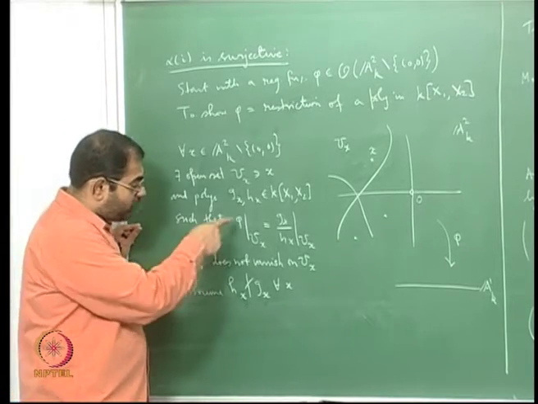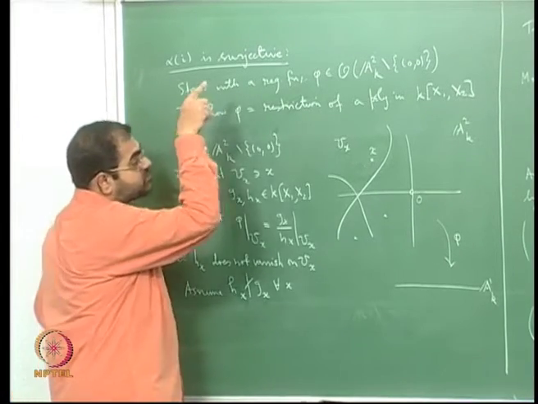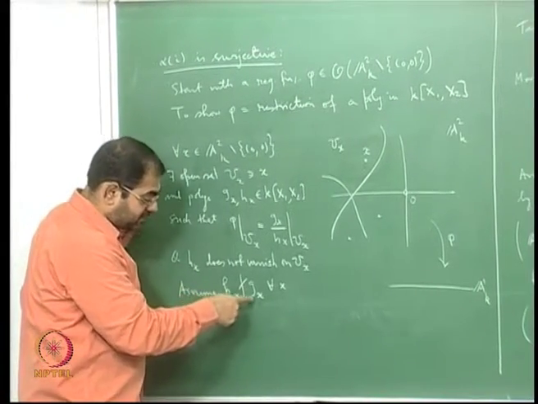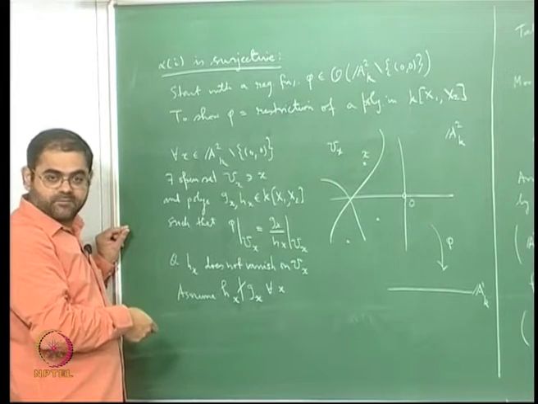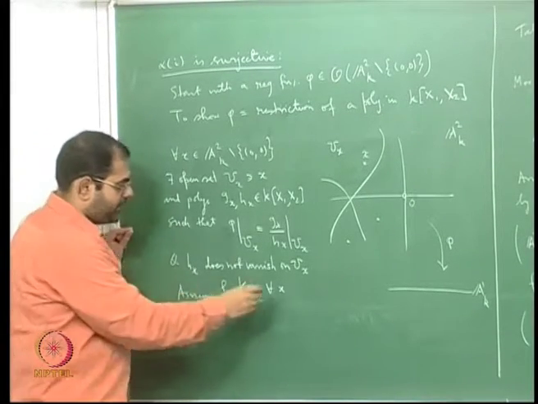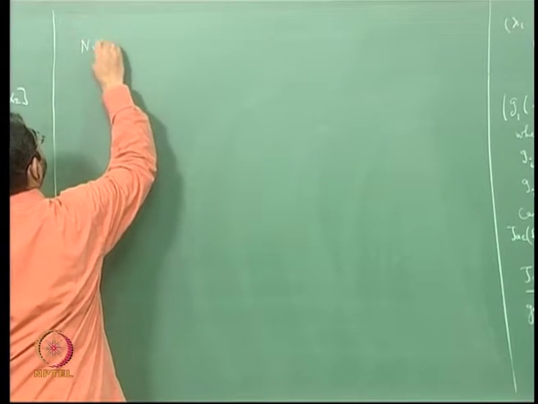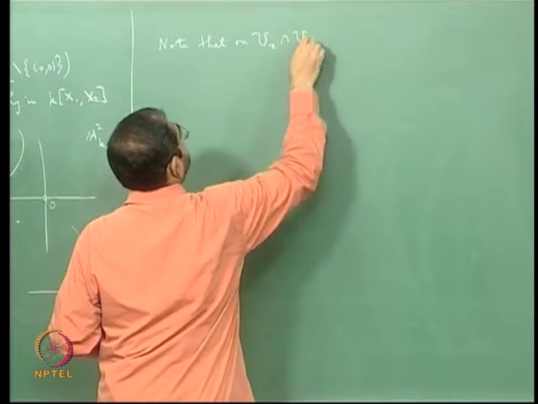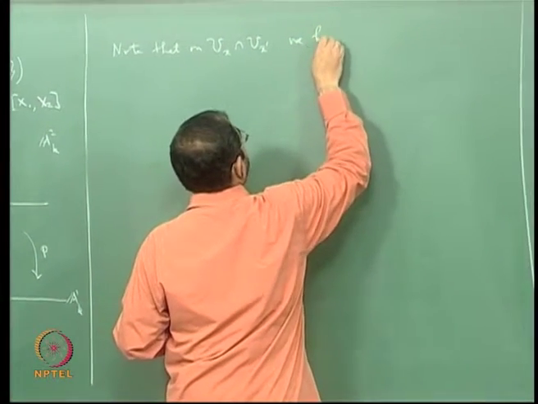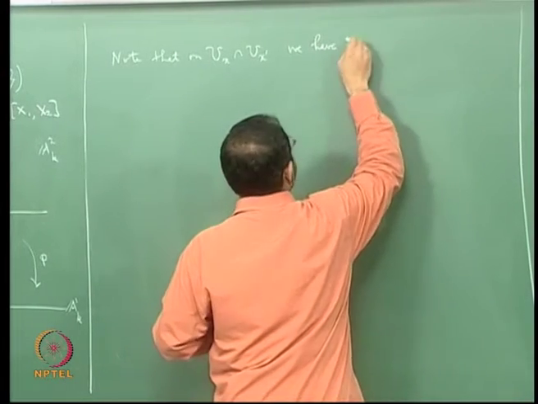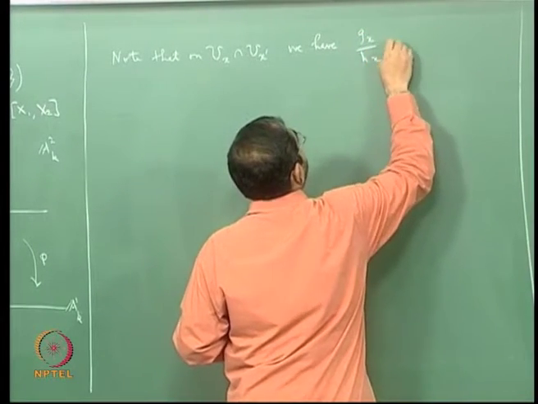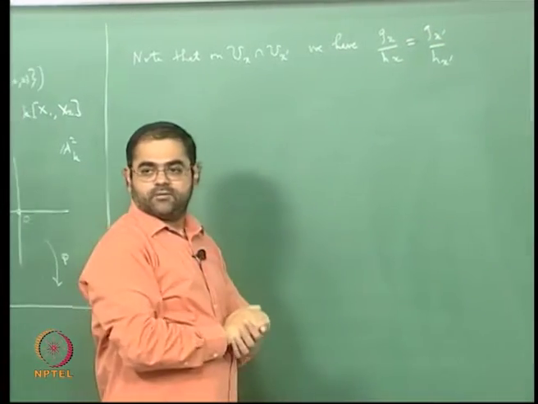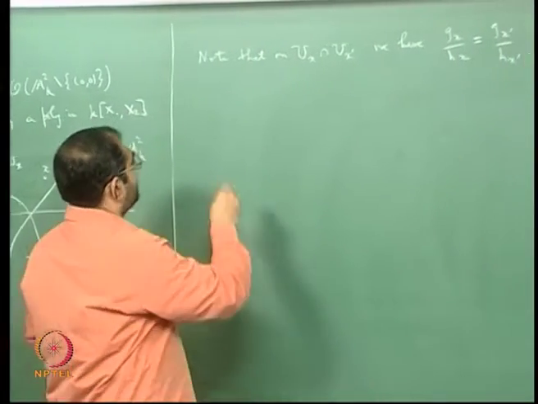So if you assume phi does not come from a polynomial, which means if you assume surjectivity is false, then you are actually assuming that Hx does not divide Gx, that is what you are assuming. So let us assume that and come to a contradiction. Now note that on Ux intersection Ux prime we have Gx by Hx is equal to Gx prime by Hx prime. You will have this, and that will tell you that